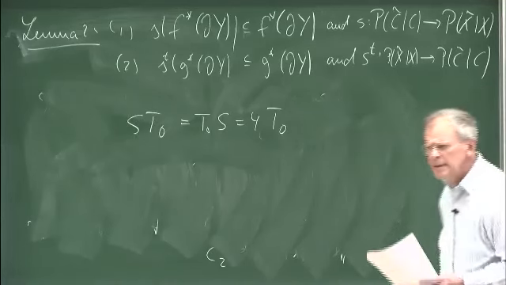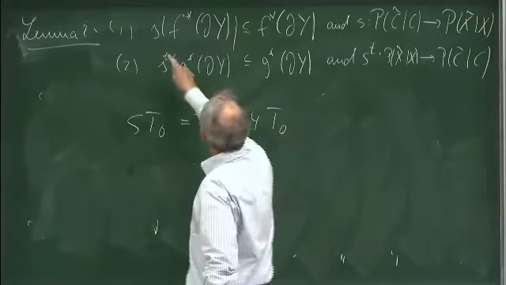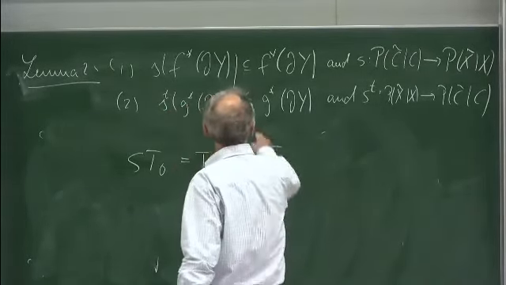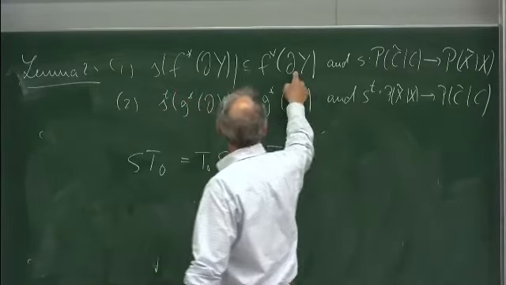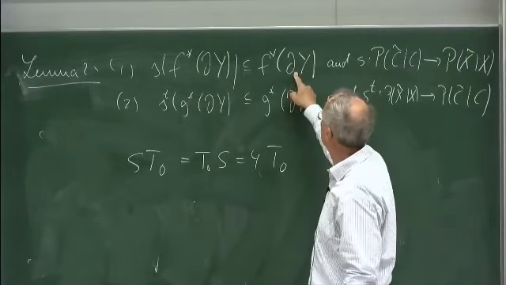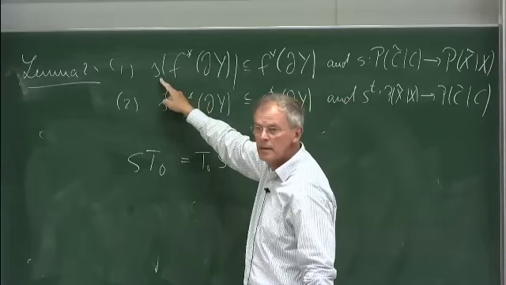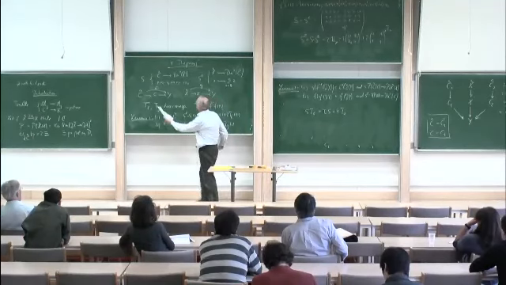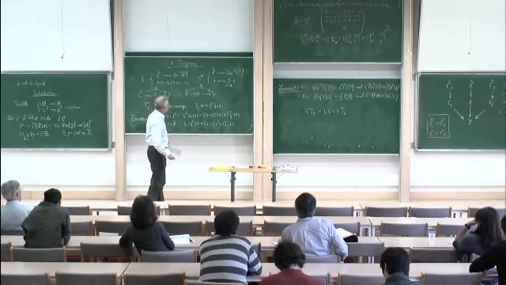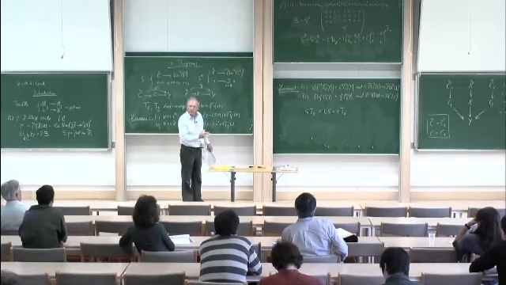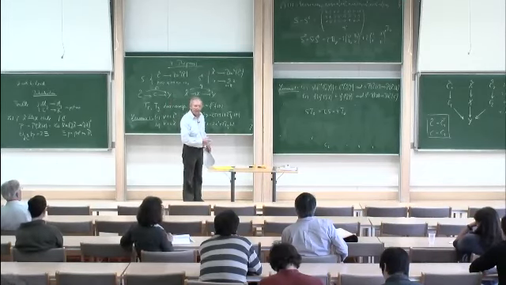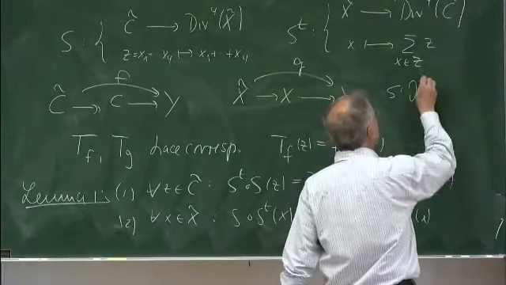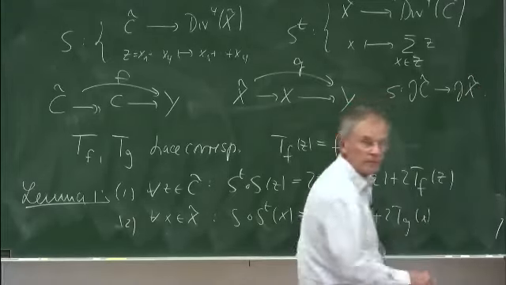In one, is this an S? The first letter, the S? Yes. What is the formula in one? S, F upper star is contained in the pre-image of this. And this is the same S. This is small s. Capital S was the endomorphism here. Oh, I maybe did not write it. Small s I wrote before, the endomorphism of Jacobians. I will repeat it later: it goes from J C tilde to J X tilde. Okay?